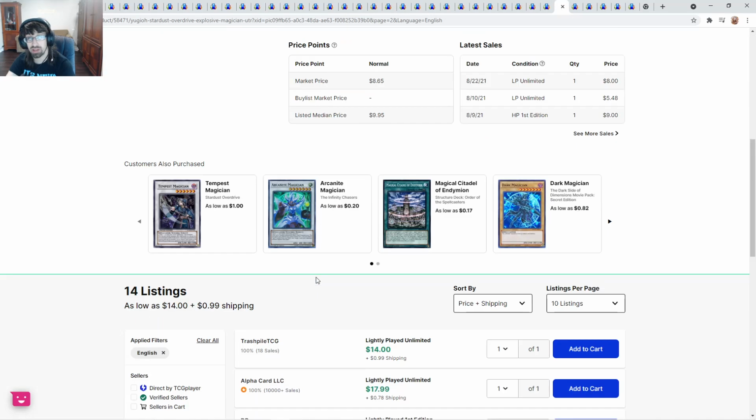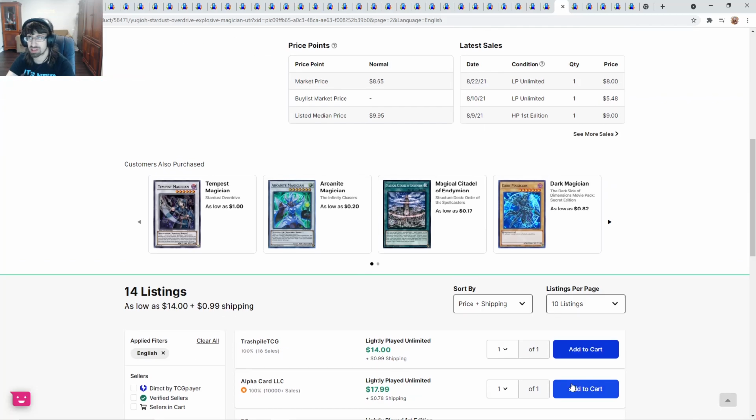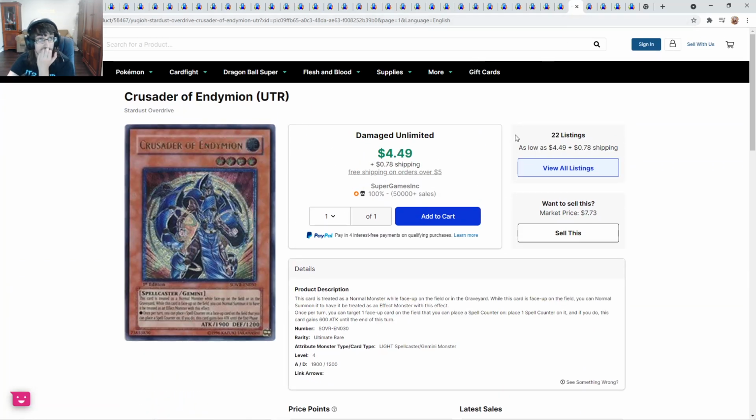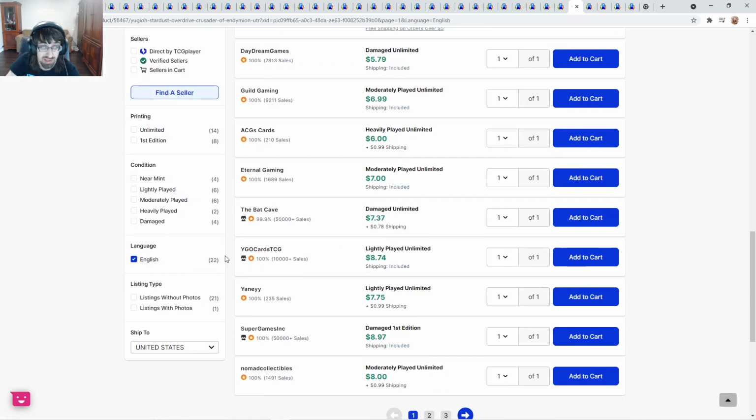Are you guys paying 300 for this? I'm not. Maybe I can understand 85 for near mint, but I mean, I know that's like play, by the way, guys. You guys don't have to tell me, but if it was near mint for 85, I would consider it. At least, like, probably not, but still. Crusader and Endymion, no, I actually really like this card. I want to look at... There's not that many in general here, actually, that are like...